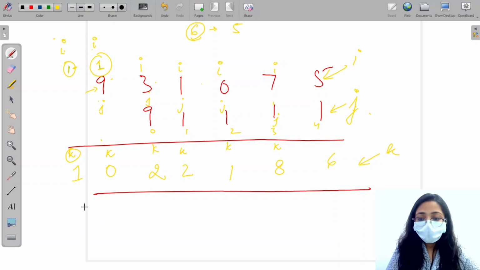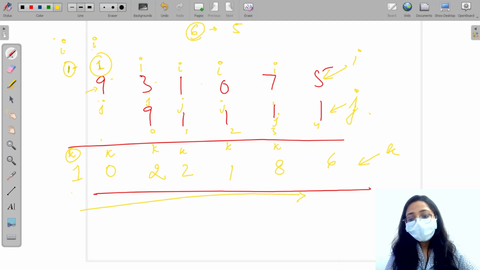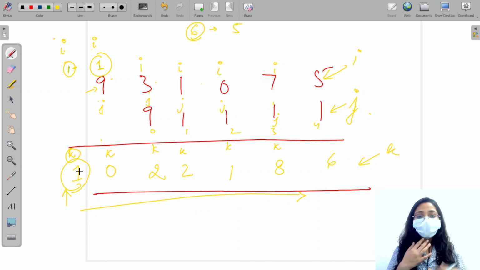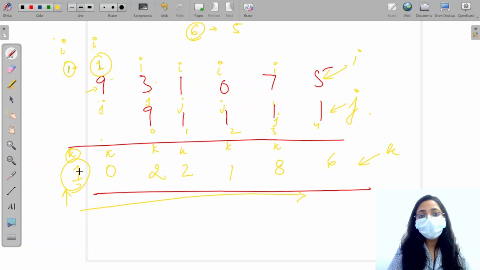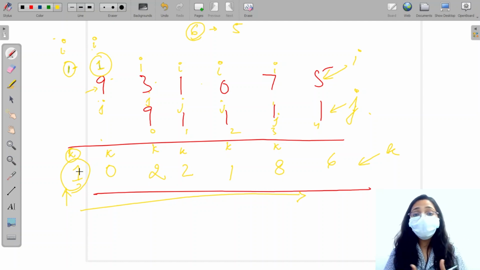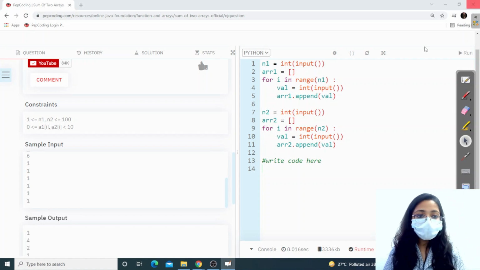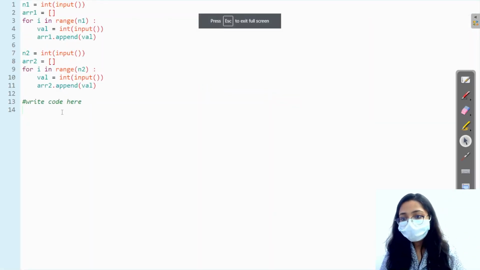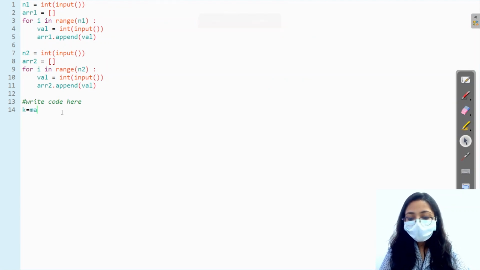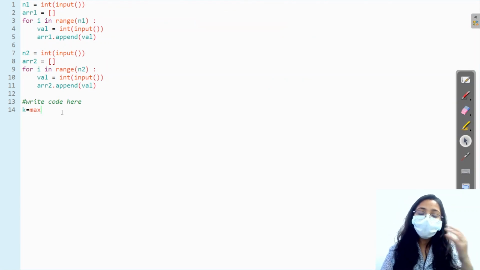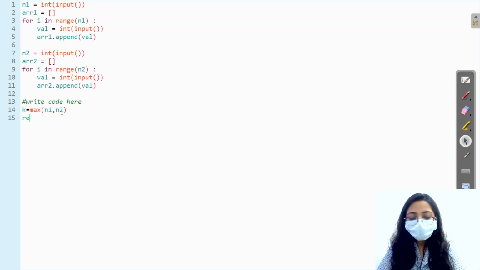And since we want to print in order, we want to print the carry first. So this is a condition which we will need to take care of, that if I have a carry value which is greater than 0, I will print this first, that is the carry first, and then I will print the resultant array. Okay, so let's work with the coding only and side by side we'll understand. Like we discussed, we want the size of the resultant array to be the maximum out of the size of the given two arrays, and we want a result array, right?